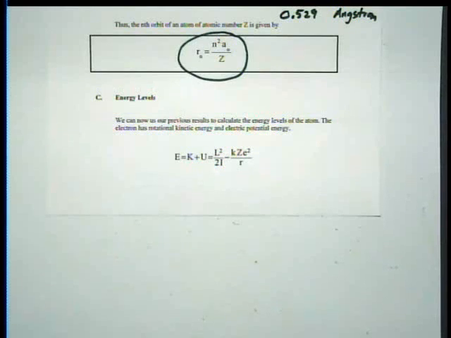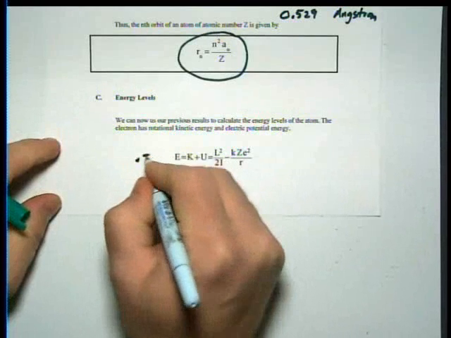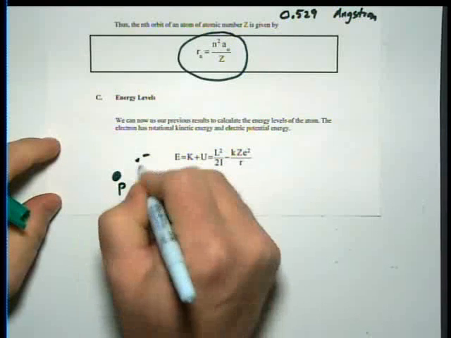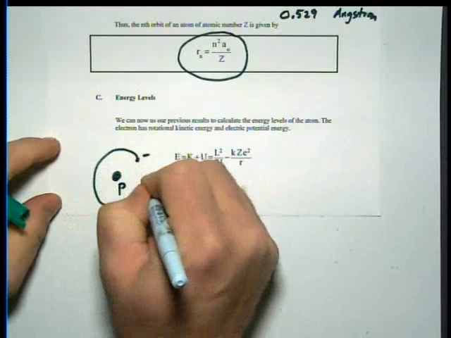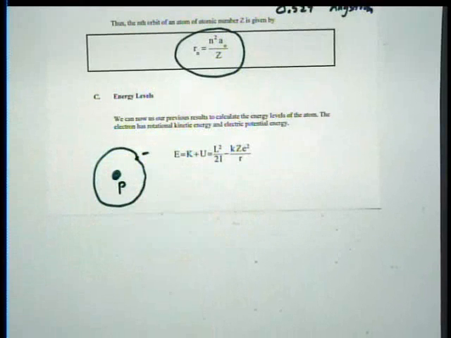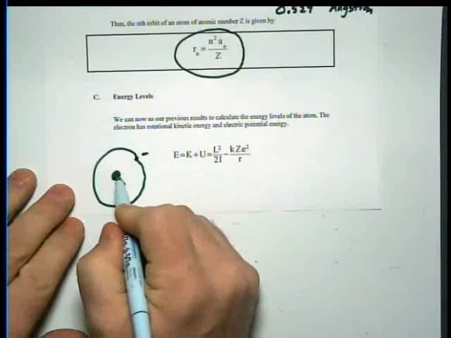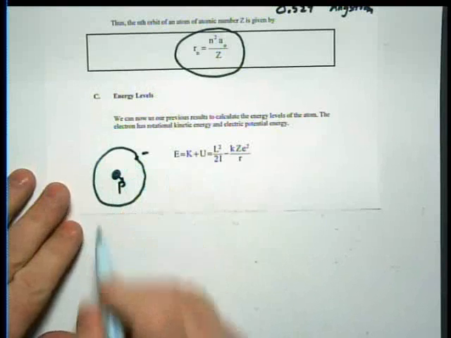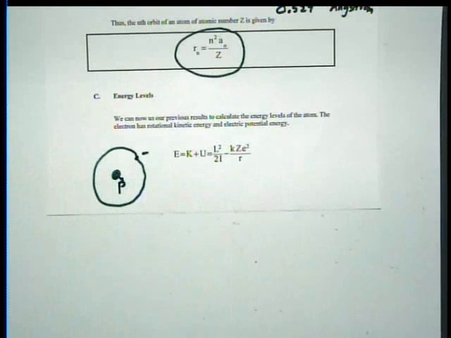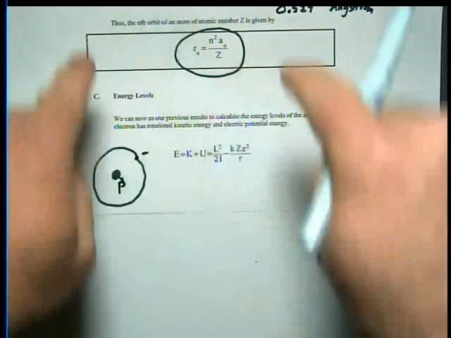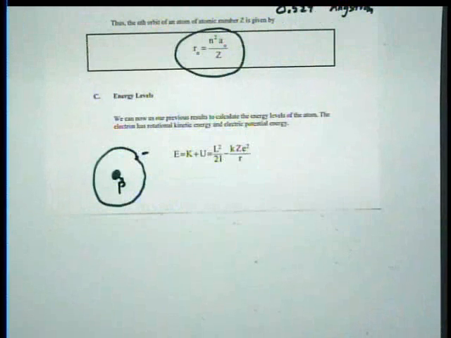So the idea that we kind of think of this electron, there's the proton. The electron goes around and the proton is stationary. That's not true. As this guy is pulling on that, it's pulling on this. So this guy's got to move too. He's got a force causing acceleration. Well, then you got two things moving. That makes life hard. There is a trick in physics to get around that called the reduced mass.